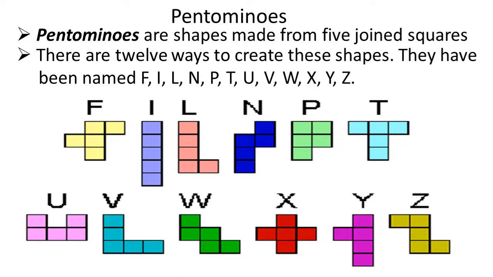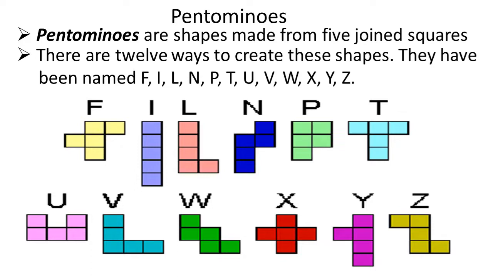Okay, they will be identified with that letter only. For example, consider U is a shape and you are keeping it inverted. Now it is proper, just like U, but if you are keeping it inverted, it doesn't mean that the pentomino or that U shape has been changed. No, the name will remain U only, no matter how much or in which direction you keep that shape.